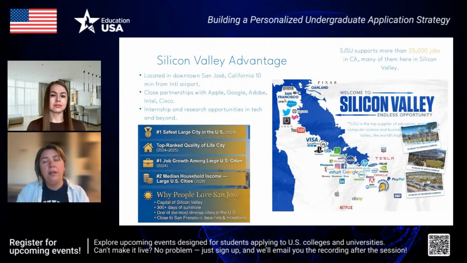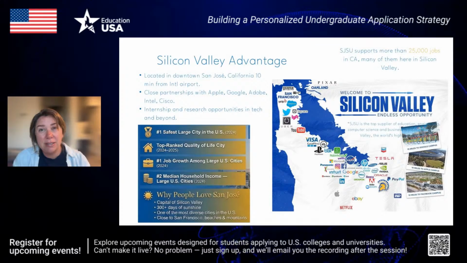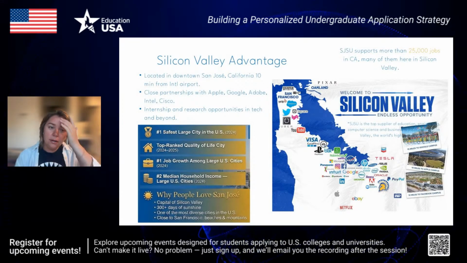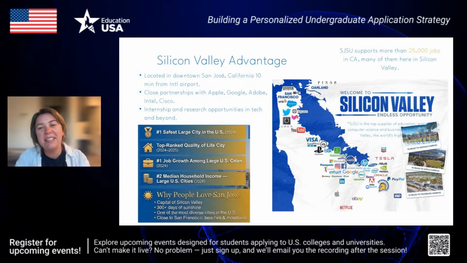So one of the things that I would say would be the best indicator and a good starting point is to think about where you want to be located. A lot of international students who I speak to say that they would like to be by family members. They already have family members in the US. A lot of them say they don't want to be anywhere near their family members in the US. So yeah, think about that.